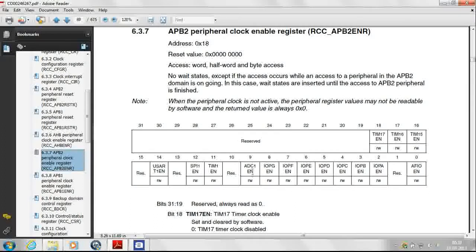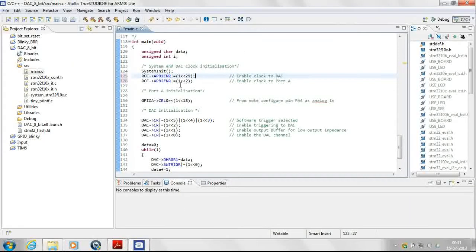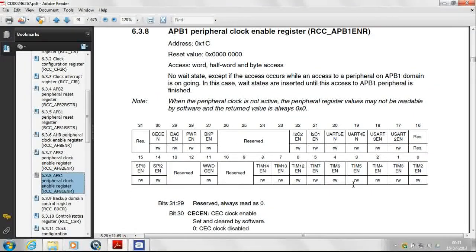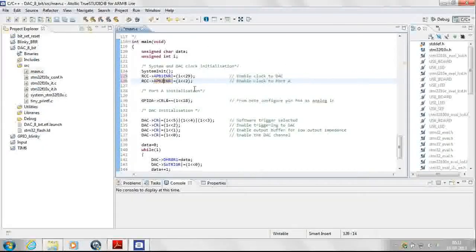These are the two enable registers. In RCC APB2 enable, bit number 2 is enable for port A. So for APB2 we have set bit number 2 so that the clock to port A is enabled, and in register 1 we have DAC enable here on bit number 29. So that's what we have done in this instruction.